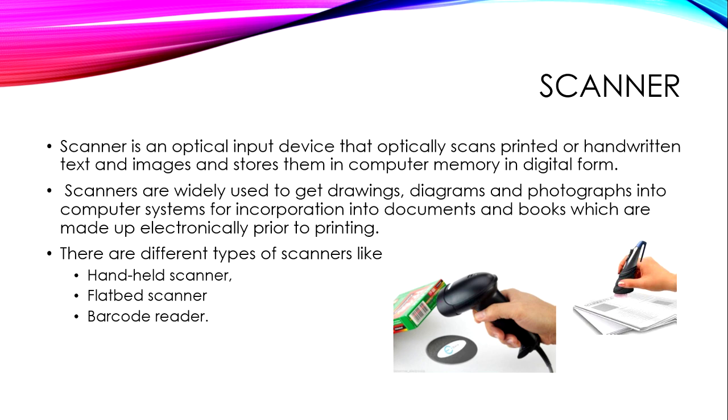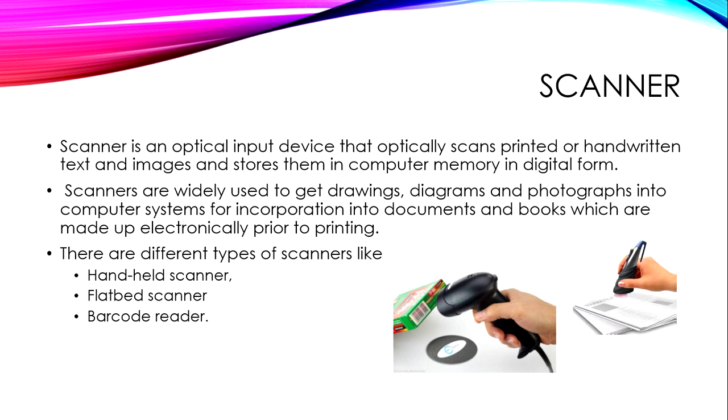First of all, handheld scanner. To scan an image, the handheld scanner is dragged over the image to be scanned. The handheld scanner should be moved carefully with uniform speed because an uneven scanning rate will produce a disordered image. Handheld scanners are very useful for scanning articles from magazines, newspapers, and books.